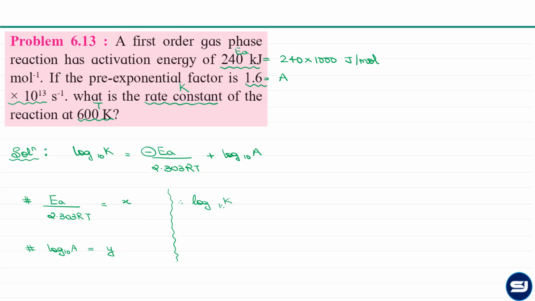मतलब log k to the base 10 will be minus of x plus y. तो ये जो वैल्यू मिलेगा y minus x होगा. तो k will be equal to antilog of whatever value y minus x का आया वो. And the answer you will get in second का inverse. क्योंकि k का यूनिट किसके बराबर होता है? k का यूनिट